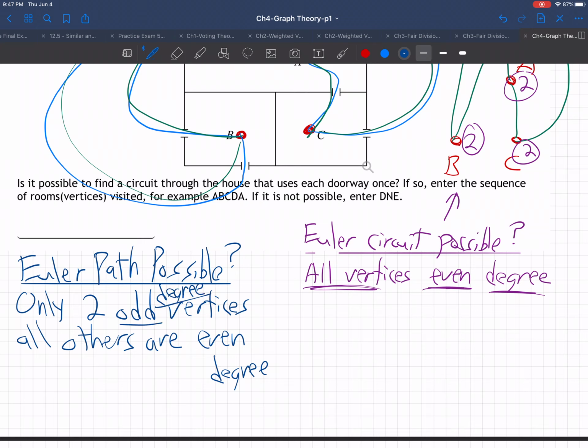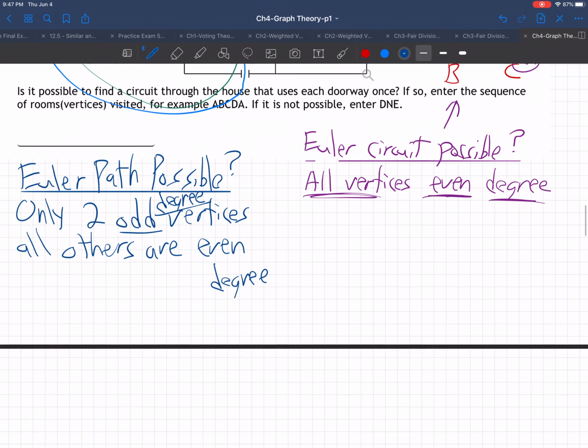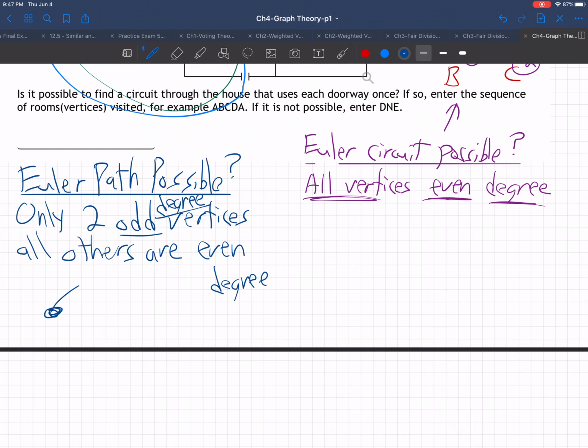So when you have only 2 odd degree vertices, for example, if you had 1, 2, 3, that would be a very simple one because this is 3, this is 3, this is 2. In fact, you could even put one here that's 2 and one here that's 2. So you have exactly 2 vertices with odd degree. There's going to be an Euler path possible, and you must